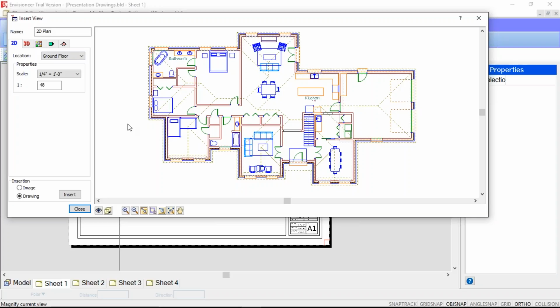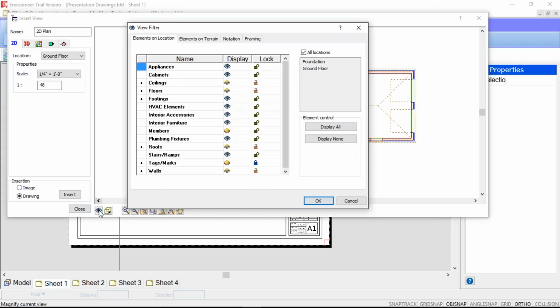The other important thing about Smart Views is the view filter. We can take and use our view filter. If I click on the eyeball here, it brings up all of the different elements that are in my floor plan. So I can pick and choose the different elements that I want to show as part of my presentation. So in this case, when it comes to inserting floor plans, what we want to remember with Envisioneer